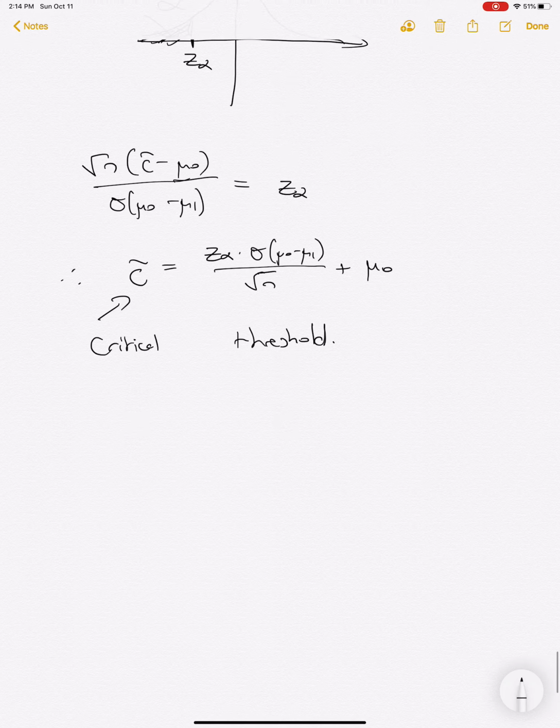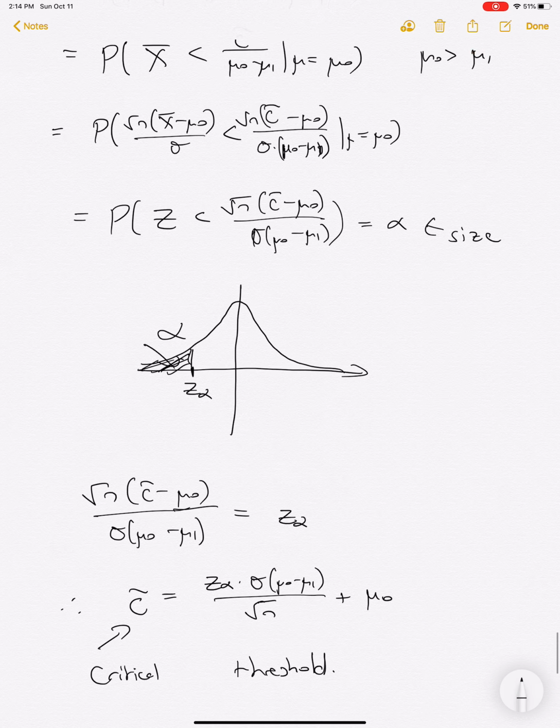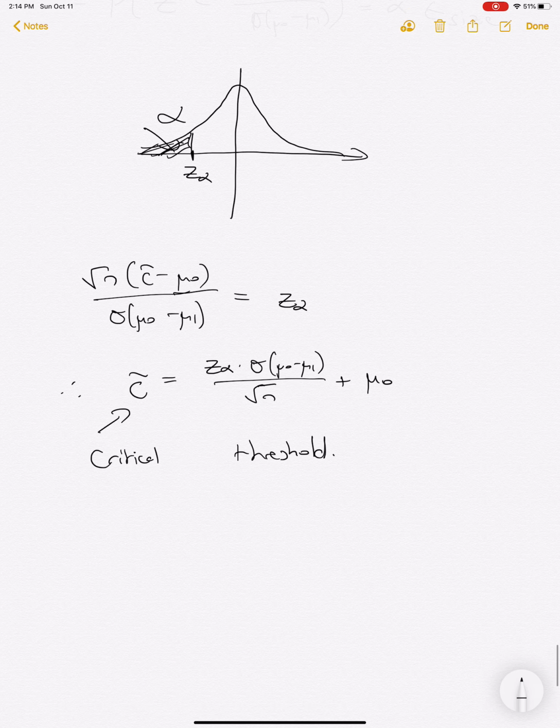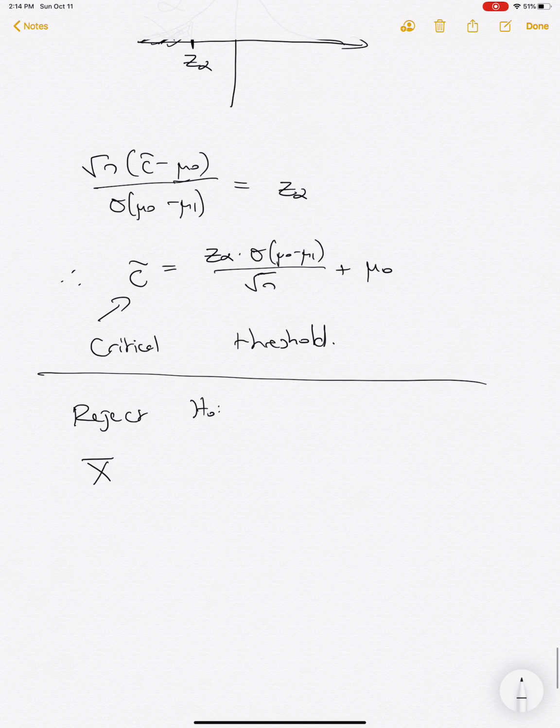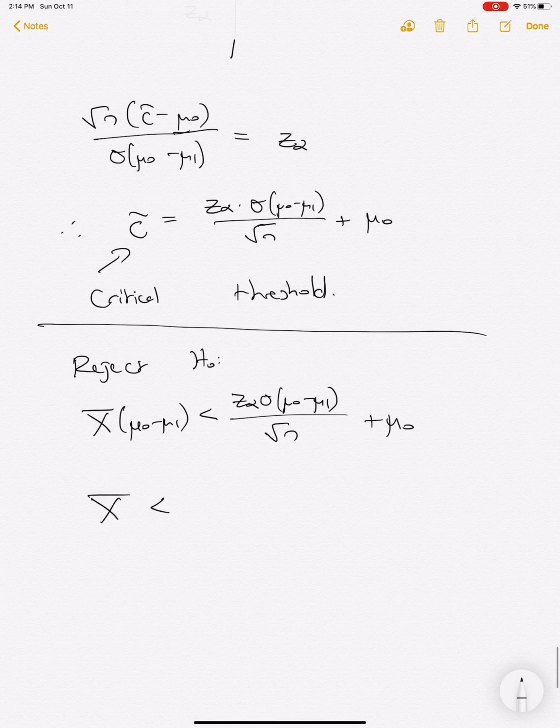And so the idea would be to reject H naught if x bar times mu 0 minus mu 1 is smaller than, and so equivalently that's the same as x bar being less than